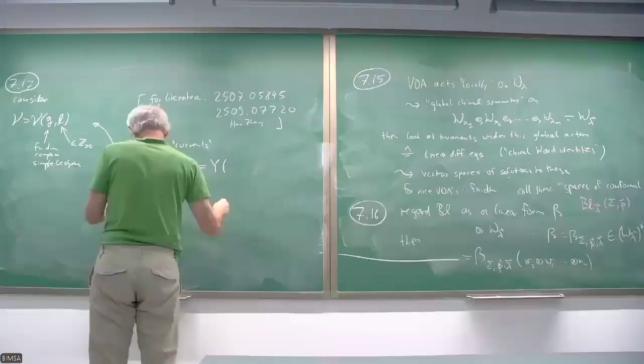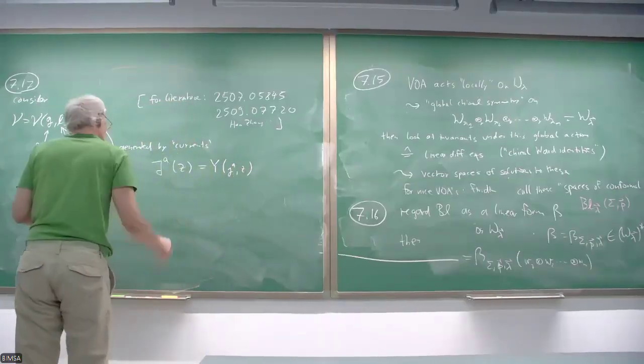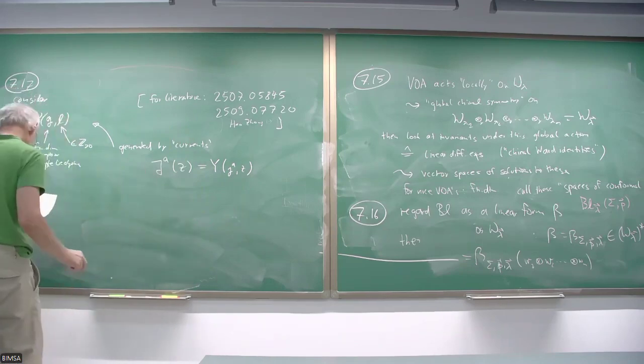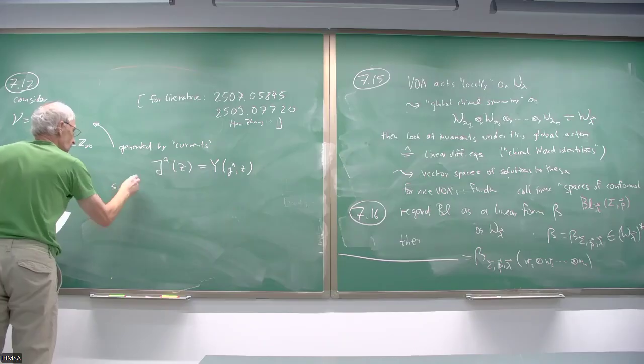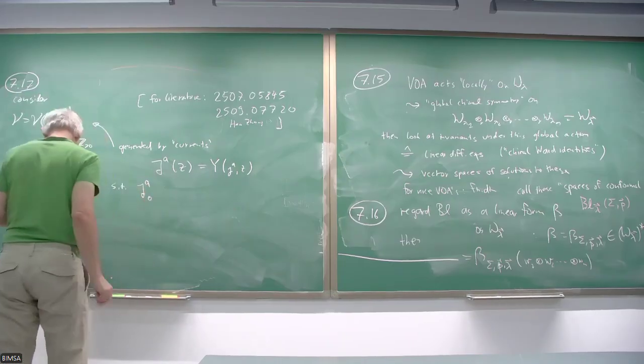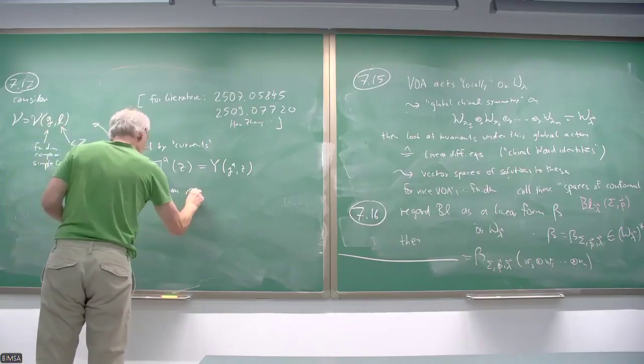Let me write maybe as Y of some small J and Z, and often one denotes it by capital J^A, such that the zero Laurent modes of that, so it's J^A_0, span the Lie algebra G,